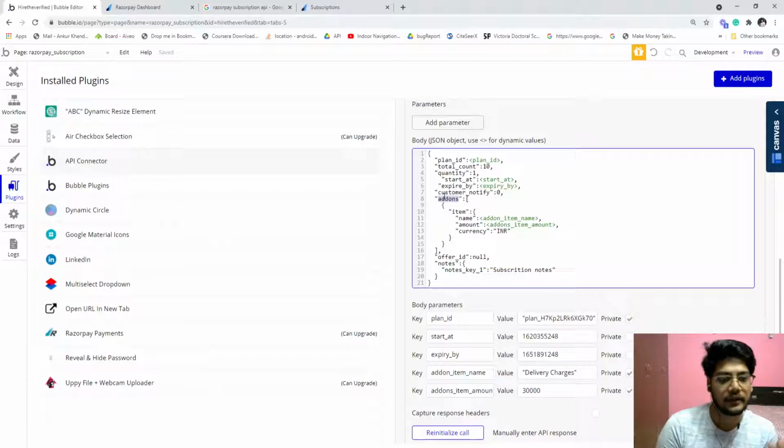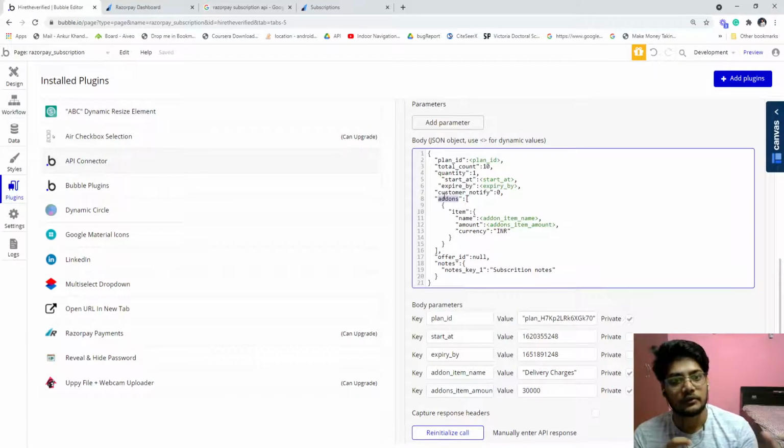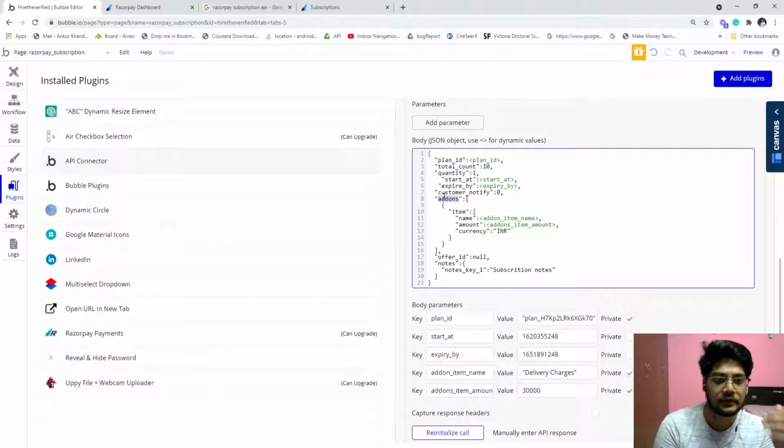For the year, the basic health insurance plan amount is fixed. For example, consider it 100 rupees, $100, whatever. And these add-ons: for example, if I add hospital cash, there is 50 rupees more for that. So it will be added as an add-on in your yearly subscription.